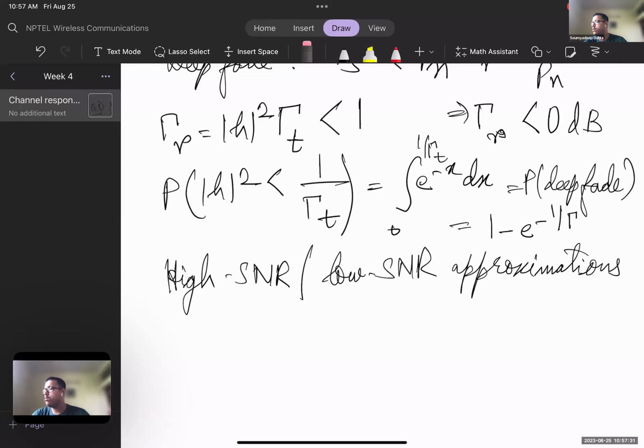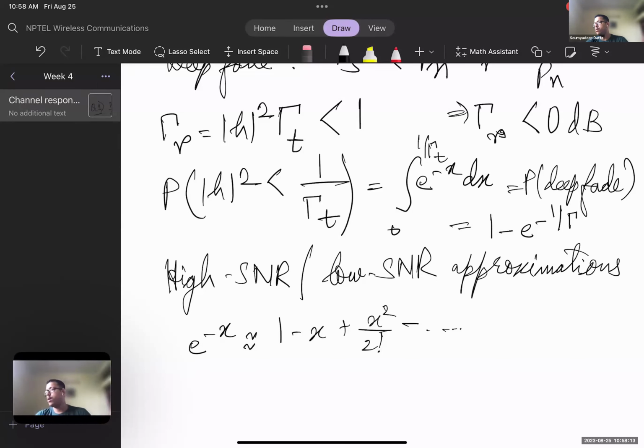So let's say you are told that gamma is high, so you are in the high SNR regime. So how will you approximate it? You just need to know, or you need to derive, the Taylor series expansions; some common ones you should know. So for e to the power minus x, this is approximately equal to 1 minus x plus x squared by 2 factorial minus dot dot dot. You don't need to go further. Typically, a linear approximation is good enough.